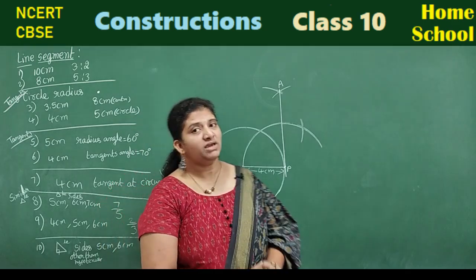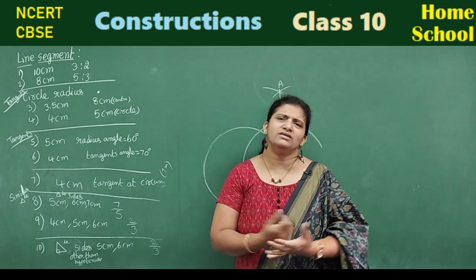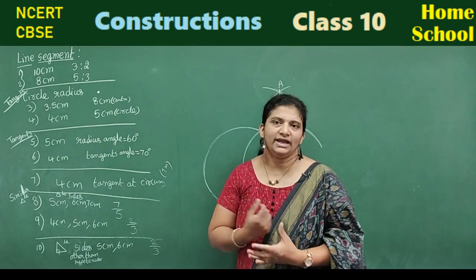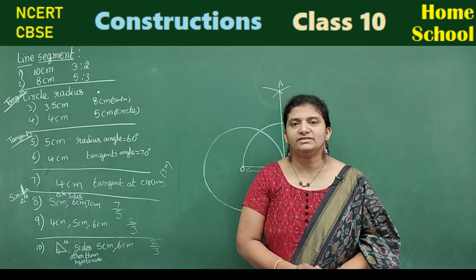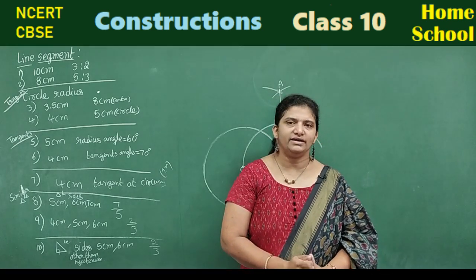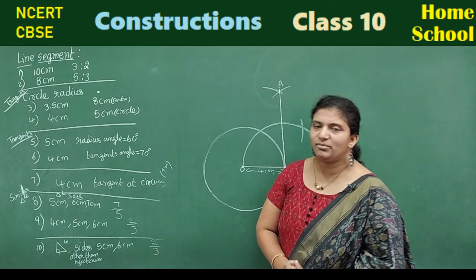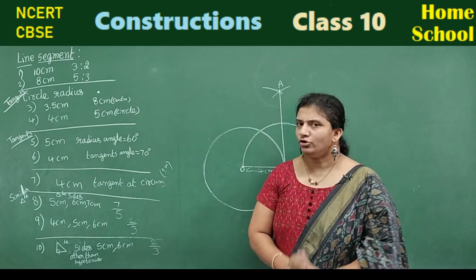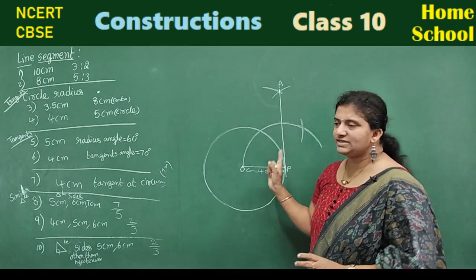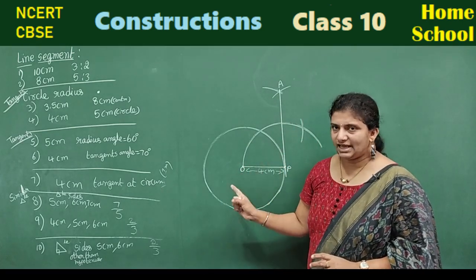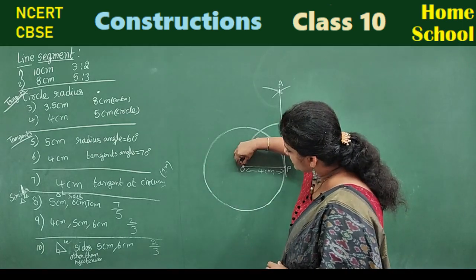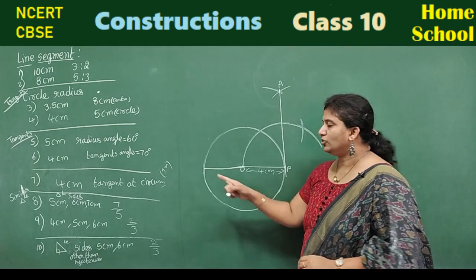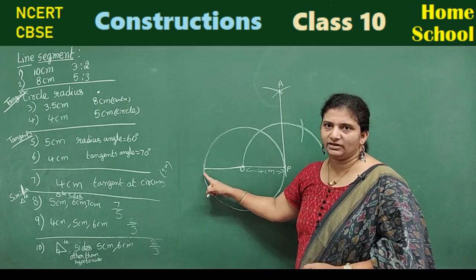Okay. So similarly, you can take any other circle of your own measurement, 5 centimeters, and draw a tangent, or draw 2 tangents at the ends of your radius, or draw a diameter. They may ask to draw 2 tangents at the ends of the diameter. Don't worry, do it the way you have done for a single tangent. In the same manner, extend this radius and it becomes the diameter. So draw another tangent at this point.